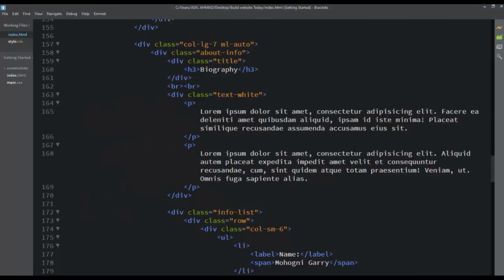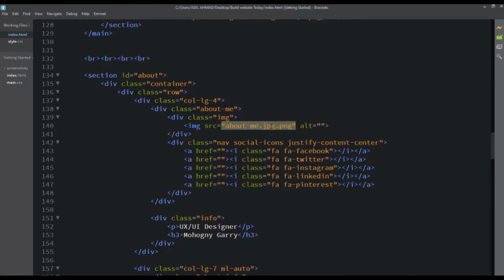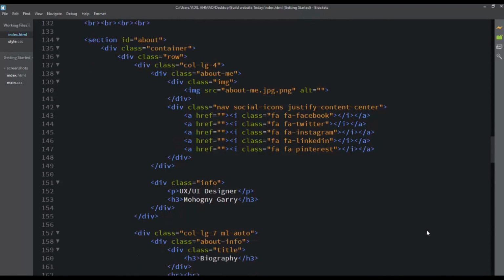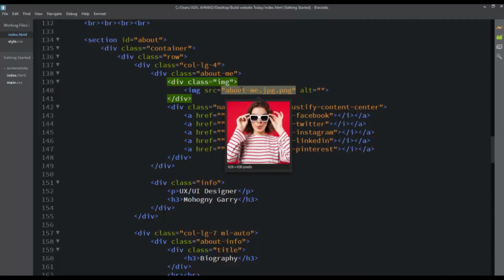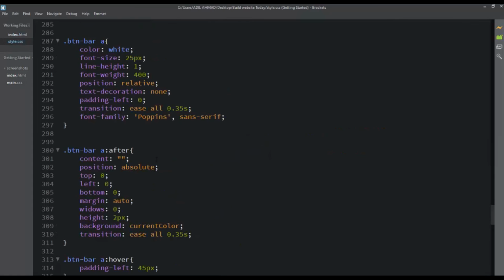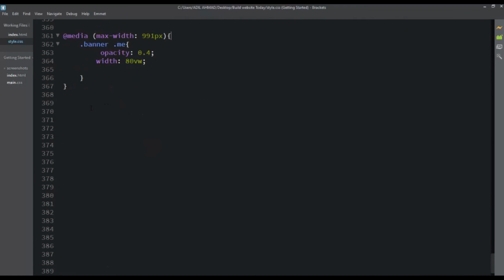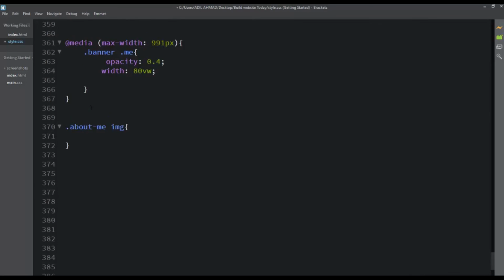Very first we have to work on the image. The image is available inside the class called about-me, and inside this we have the image available. Right now I'm targeting this class, about-me image, to put some border, and also I'll be adding some overflow and everything. Coming to style.css, going at the very bottom, here I am calling the class called about-me. Inside this we have the image attribute available. Very first I am going to put in some